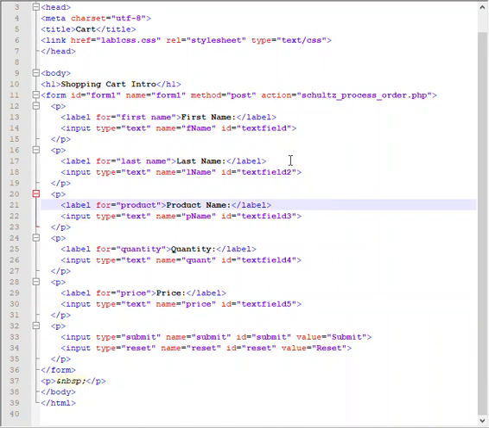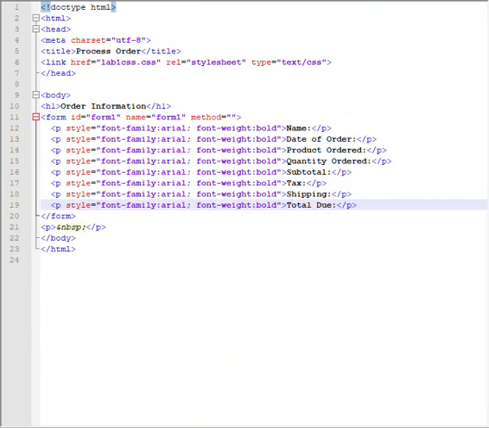So our form's ready to go. Our users are going to be able to fill in the information here. And so what we're going to do then is I'm going to go ahead and switch on over to schultzprocessorder.php, and I'm going to talk you through the ability to get your data from that first form into your